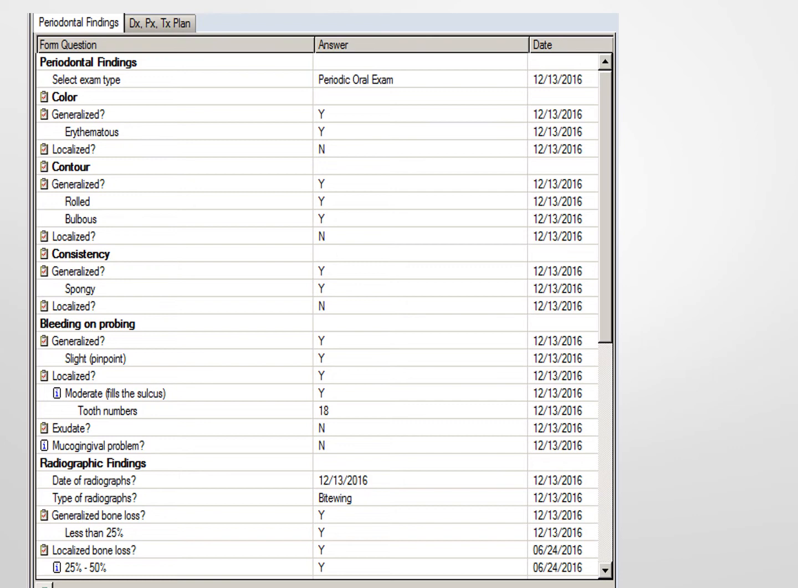Once you have completed your periodontal evaluation, you may now start to fill in this form that you see now, which comes directly from Axiom. If you were in the clinic, you would actually record your findings as you went along in your examination. So this first tab is the periodontal findings, and your second tab will be your diagnosis, prognosis, and treatment planning tab, where you take your critical thinking skills as well as the data that you have collected, and you determine what your